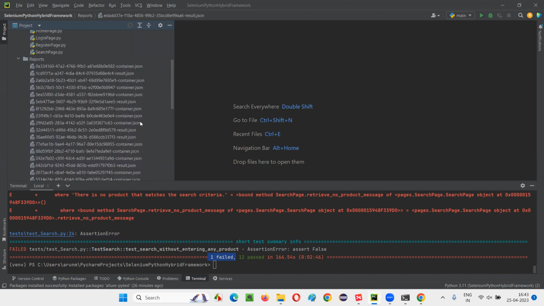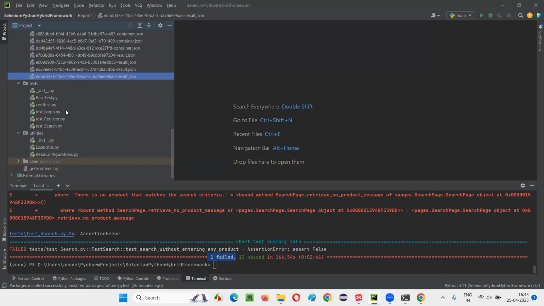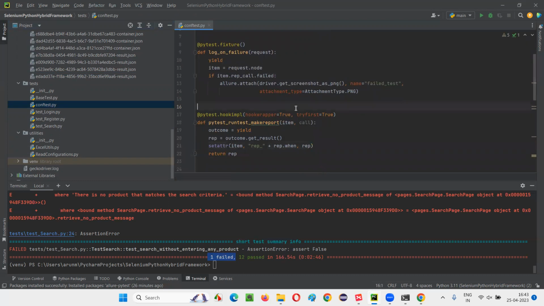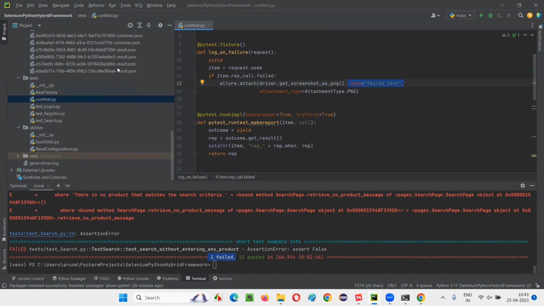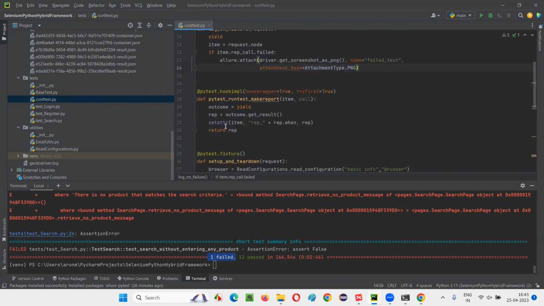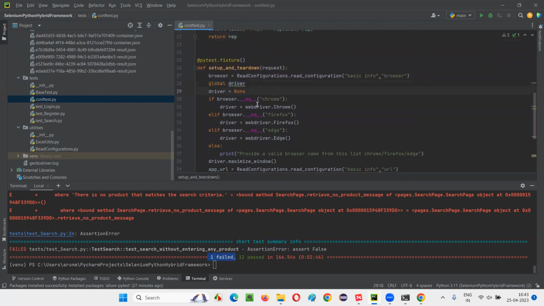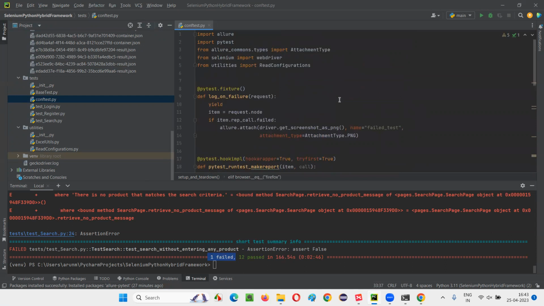Okay. So let me look back at that conftest. Is there any mistake anywhere? Get screenshot as PNG, name, failed test. Okay. Attachment type PNG. Okay. Output, yield and all the stuff. Driver is made global here. Okay. I think it's fine, but